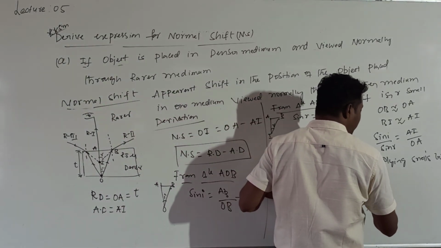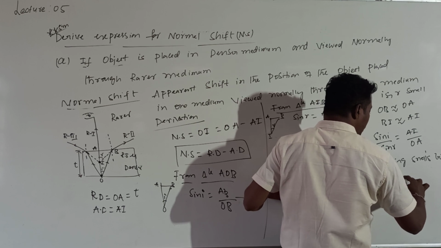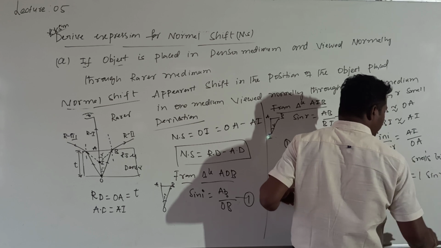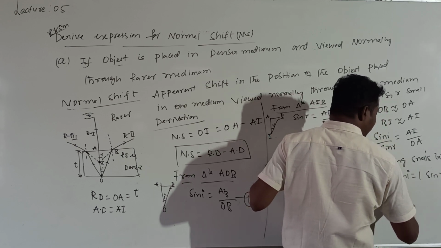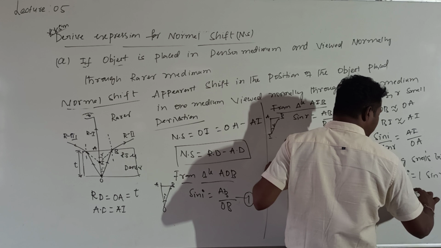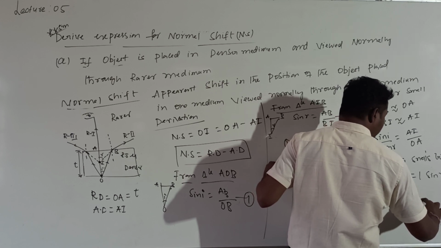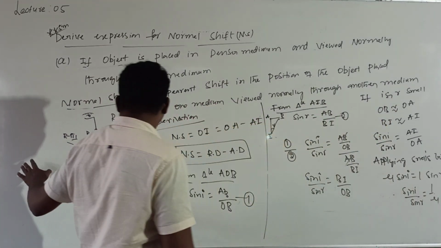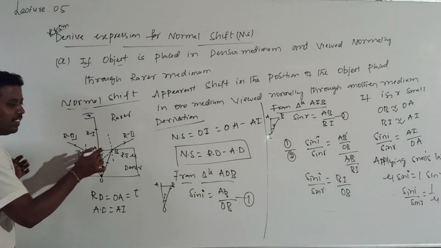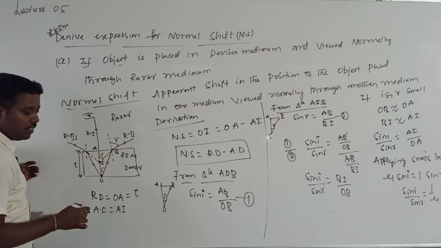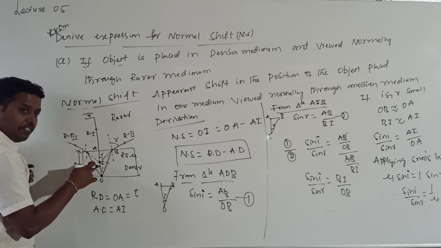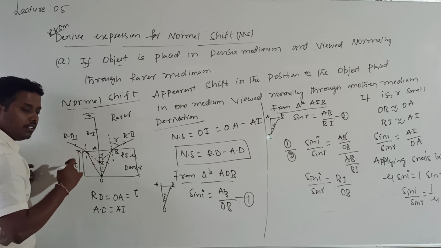According to Snell's law, the refractive index of the slab is mu, so mu into sin i is equal to 1 into sin r. From this, sin i divided by sin r is equal to 1 by mu. Sir, how, here the angle of refraction is there? Actually, this is also the angle of refraction. I extended this ray; when this is the angle of the refracted ray, this is also refracted ray. If this angle is r, this is also equal to r.